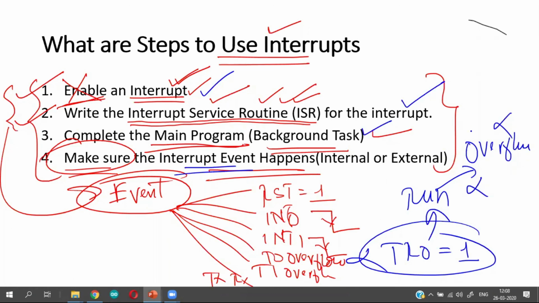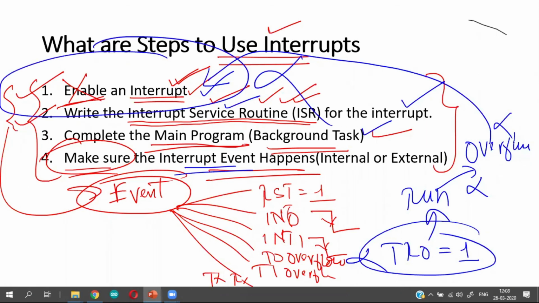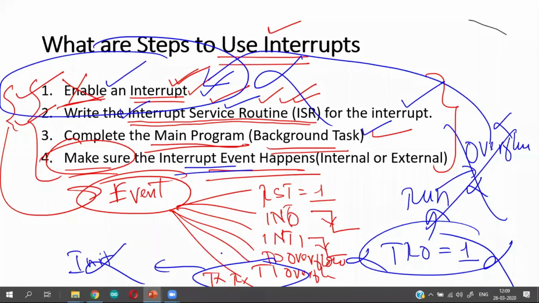Even though you have enabled the interrupt and written the interrupt service routine, this interrupt is never going to happen because such an event is totally disabled, because you simply forgot to turn the timer on. And similarly in serial interrupt, you enable the serial interrupt, you have written the interrupt service routine, but unfortunately you have not initialized the serial port, which means the communication itself is not open. When the communication is not open, there is no way the microcontroller can transmit or receive data. And what is the point in writing the interrupt service routine for that? So these are the things that you have to be extremely cautious about.